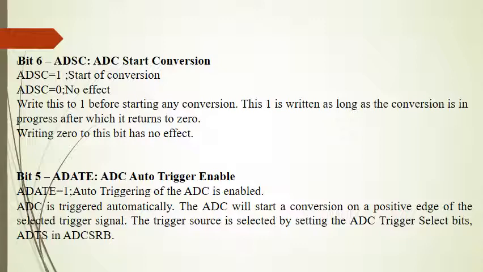When we write 1 in this bit, the ADC will start conversion on the positive edge. Positive edge means the rising edge, and the trigger source that is required is selected by writing the ADC trigger select bits in the ADC control and status register B, that we'll see next after we complete status register A.